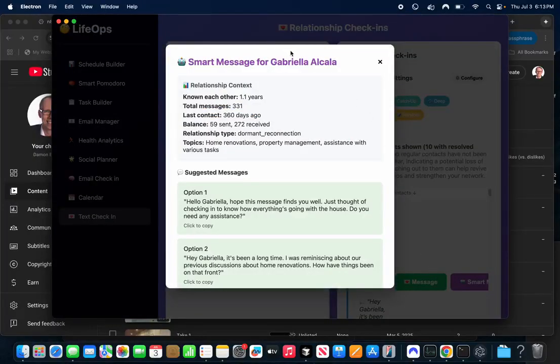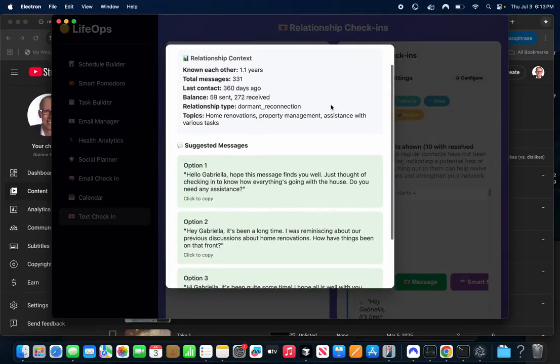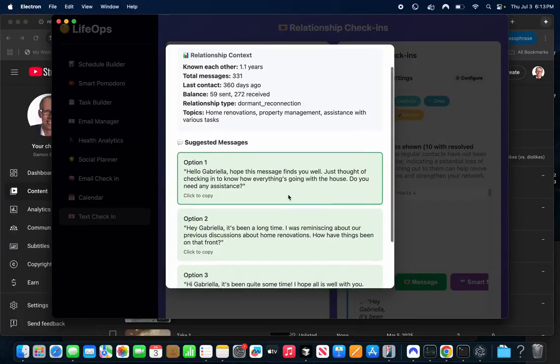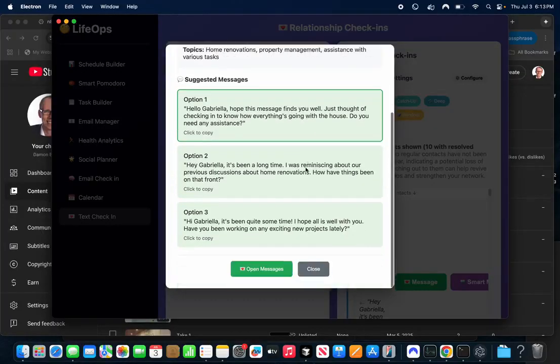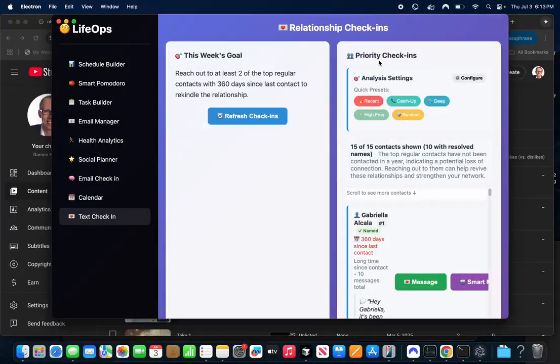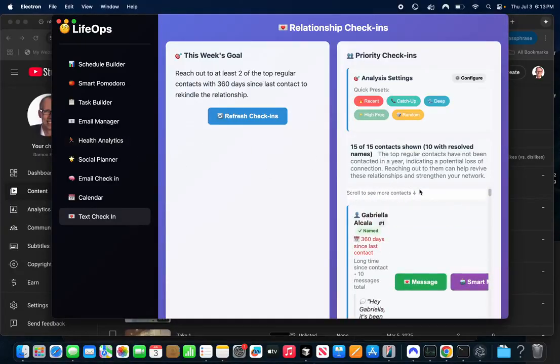In this particular case, this was a landlord I worked for in my previous job. I'm just going to remove their name real quick. We've exchanged 330 text messages, known each other for a year. It's going to take what we've talked about and suggest communications. It's going to ask me about new projects, renovations, etc., because these are the things we've talked about together. It will change the context for every person. It's a really cool feature for people who want to catch up with someone but don't know what to talk about.